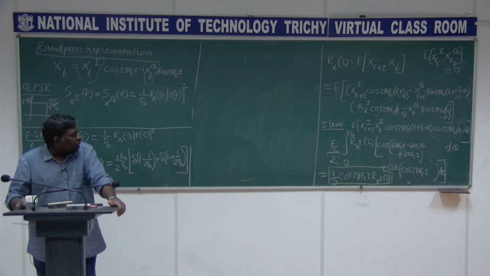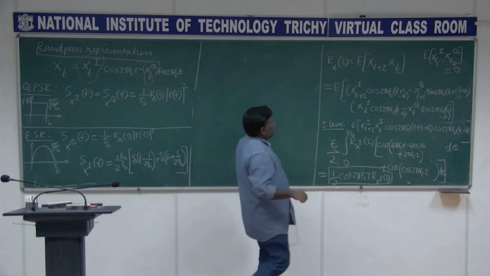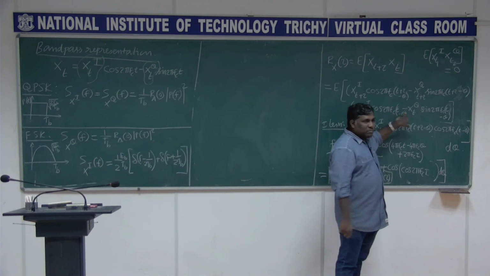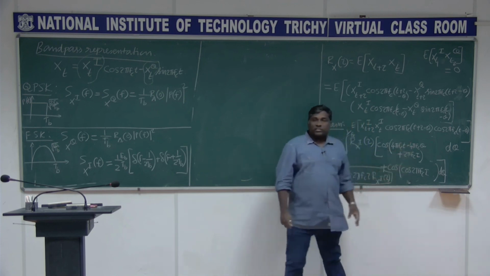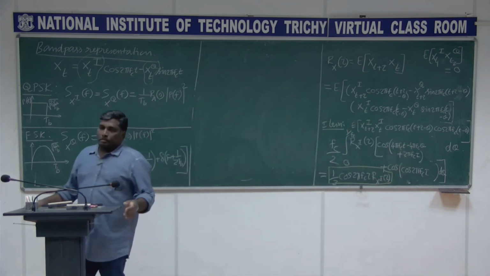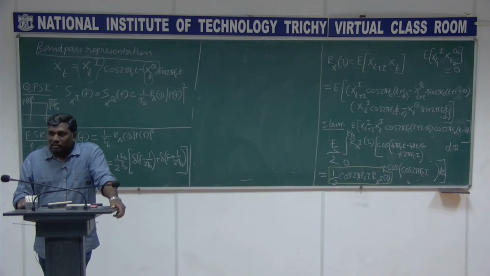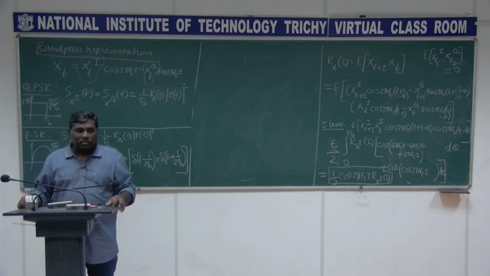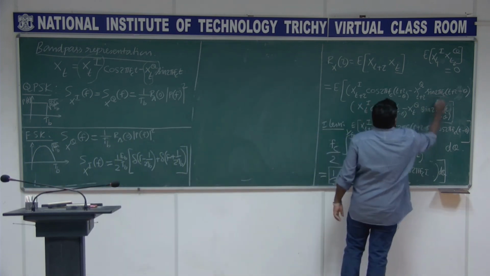R_xQ(tau) cos 2 pi fc tau, because here we have minus, and this is minus, this is becoming plus. And you have this term, cos a minus cos b, what is that? Minus 2 sine (a plus b)/2 sine (a minus b)/2. That is what I am also telling. So here we get these sine terms, here is also sine and this is also sine.